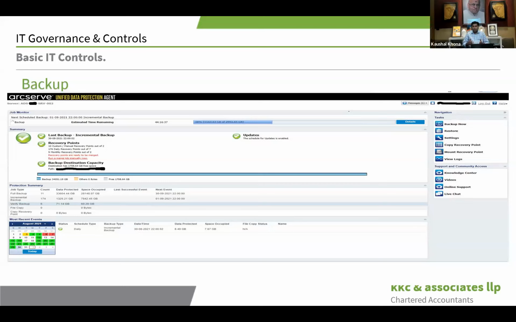Throughout all the slides which I covered till now, I touched upon various aspects of these domains in IT general controls. So if you have a good general controls practice built into your own organization, you can use that knowledge to do the testing when you go out to your clients. I'll give you a small example. If you go to a client to do an ITGC, you can check their policies and procedure documents and see if they are up to date, and whether they are adhering to those policies in real life practice or not. That can be compared by you.